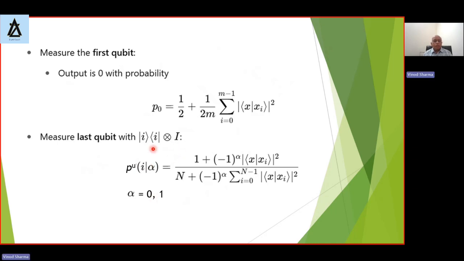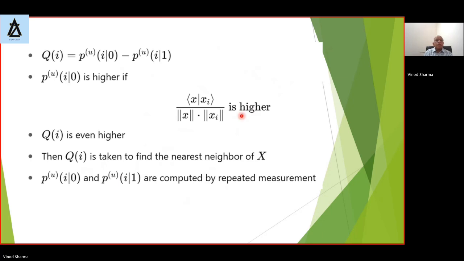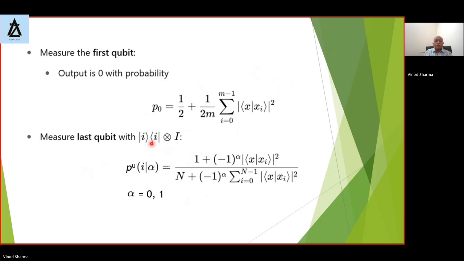The output of that qubit will have value I, given that the first qubit had output alpha. Alpha could be 0 or 1. So this probability, Pu, output is I, given alpha, is given by this quantity. And Qi we define as Pu I given 0 minus Pu I given 1. Pu I given 0 is higher, as you can see from this expression, or this expression if you want to take,